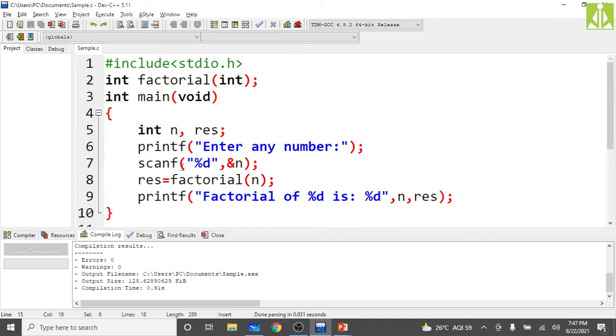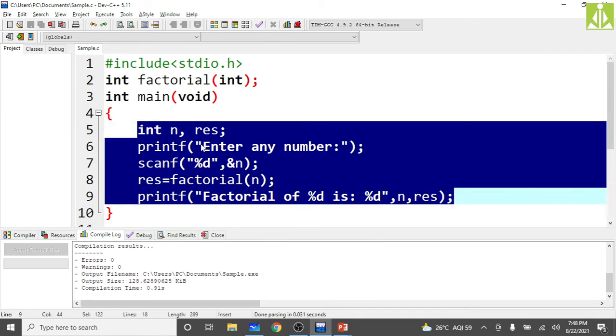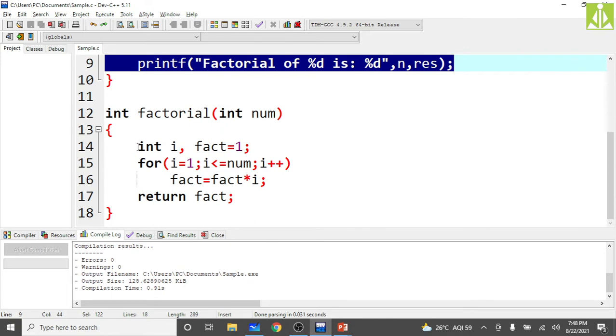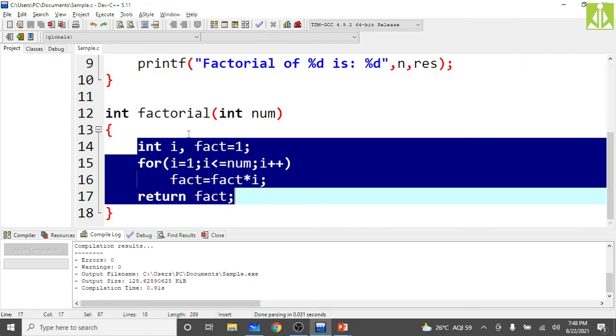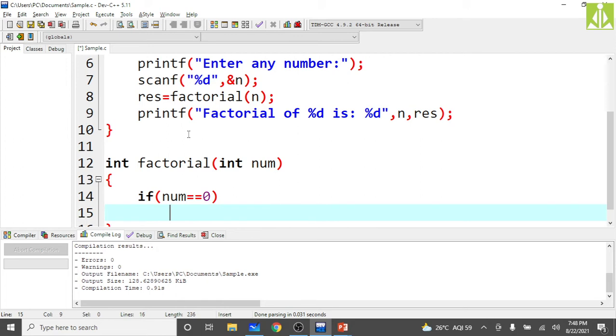Then the second approach, that is the recursive approach, and we need to do minor modifications in the program. See here, the main function is the same for both recursive as well as iterative approaches. What we need to change is only the definition of the function. If my num value goes to 0, then what we have to do?